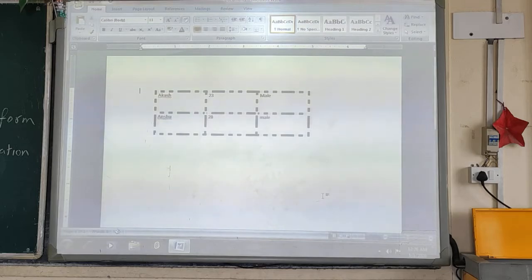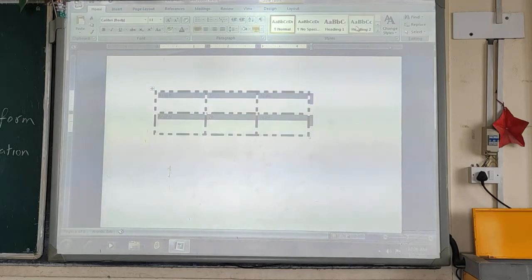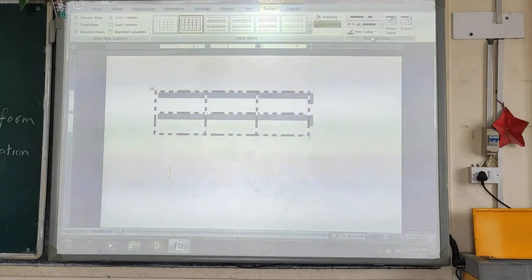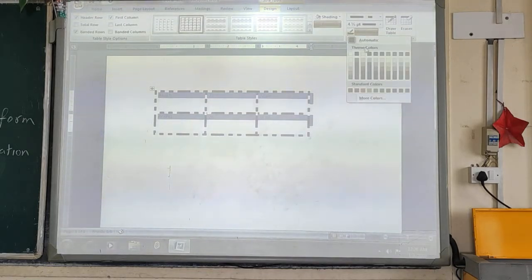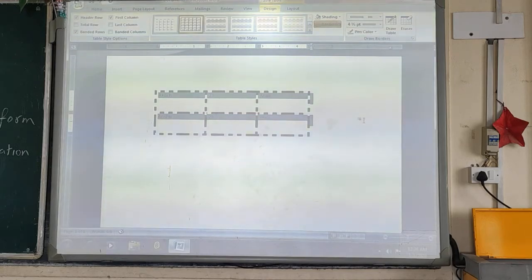Now you can see we have changed the border of the table. In the same way, you can also apply different colors to the border.